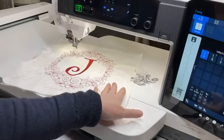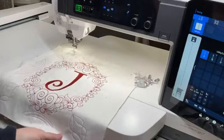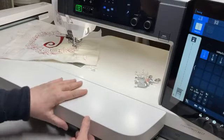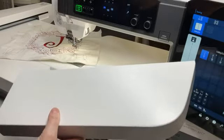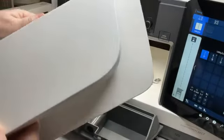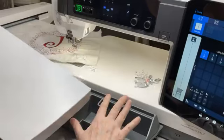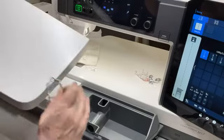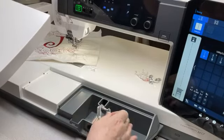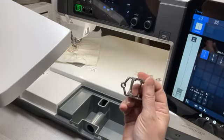Because I'm going to work on a large piece, you know, I like when it's larger. You see here, it's falling. So what I'm doing, I'm removing this wing to insert the long one. Look at the difference. And then I have more room to hold. And my feet that I don't need, this is where I put them, because when you remove this, you have a little compartment, and I have the ASR closed toe,